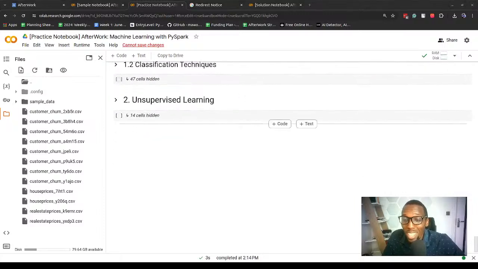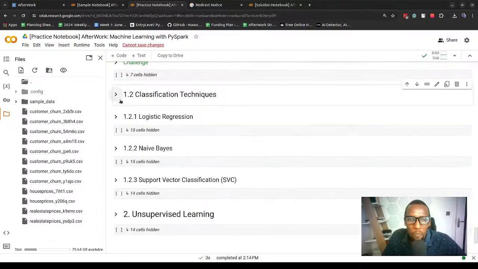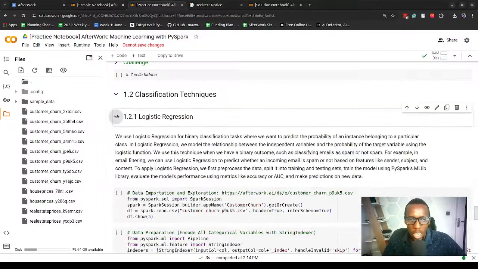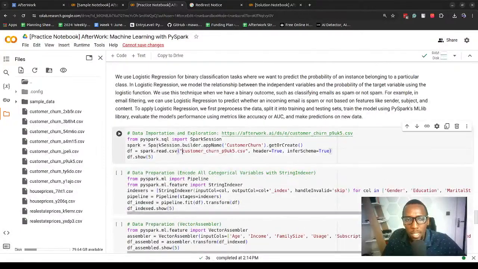But yeah, let's continue. Classification techniques. So we're going to cover just 3: logistic regression, naive Bayes, and support vector classifier. So let's go for logistic